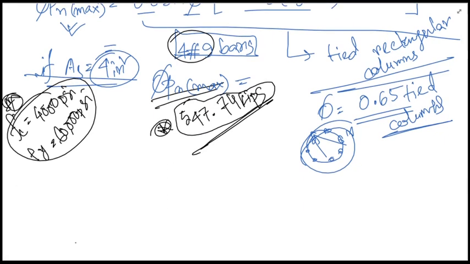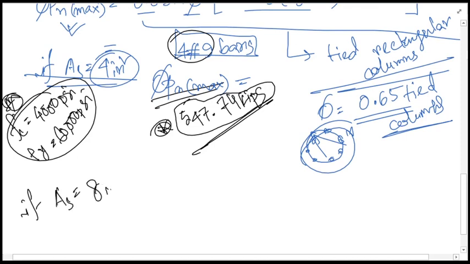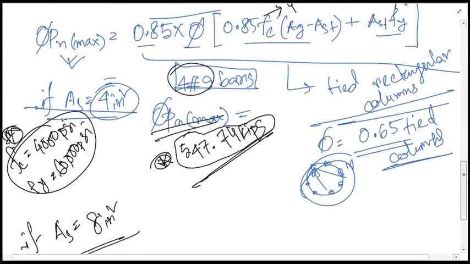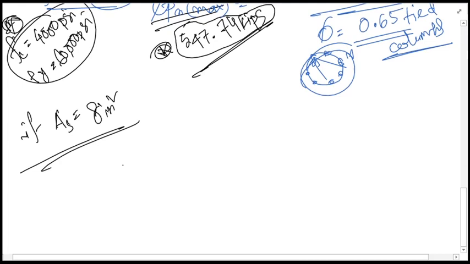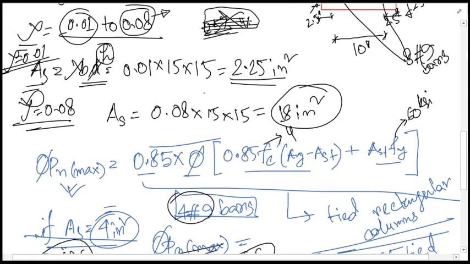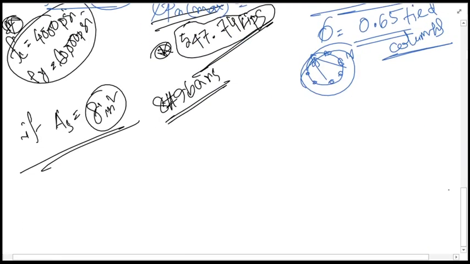And if you use As equals 8 inches square, as we'll be using for our particular case, with 1, 2, 3, 4, 5, 6, 7, 8 bars, and say all these bars are number 9 bars, so we are using 8 number 9 bars. In that case we are obtaining 8 inches square of area, and obviously we can use this because it is within our range of 2.25 inches square up to 18 inches square. So if you use 8 inches square,